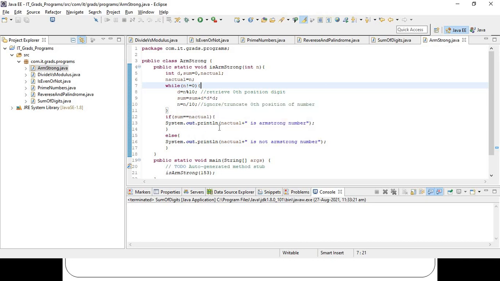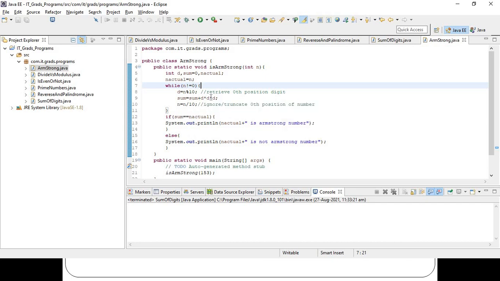Before explaining the Armstrong number, what if I want the sum of the squares of the digits of a number? How will I get that? Simple, right? Earlier we saw sum plus d is the sum of the digits.